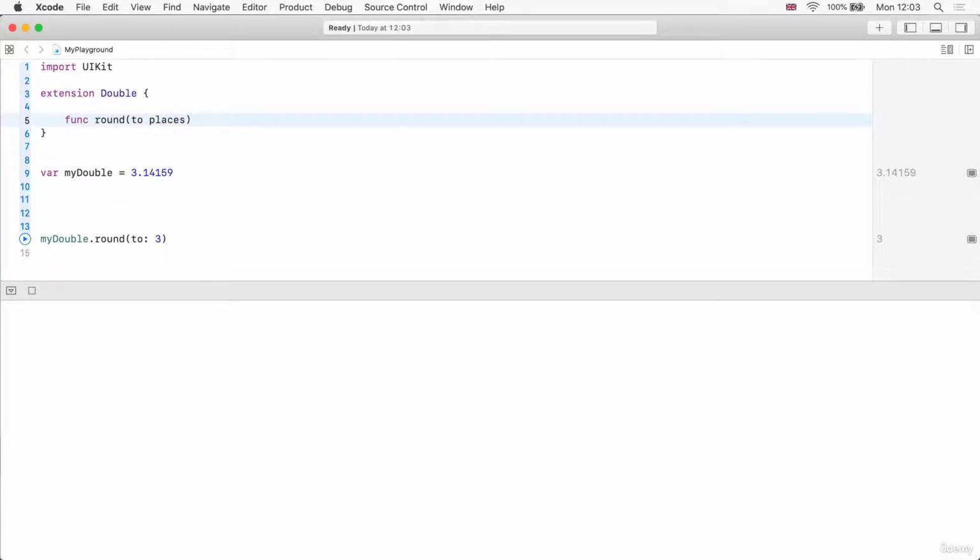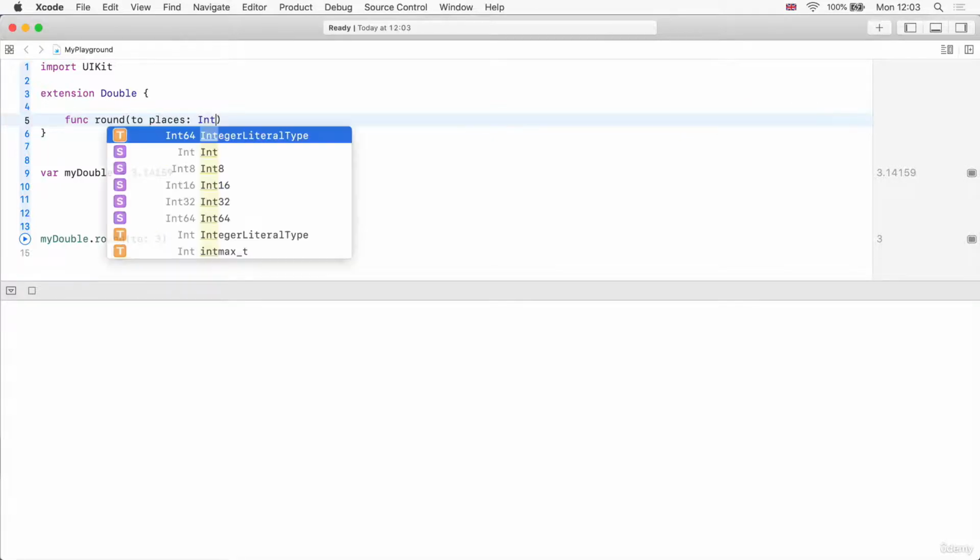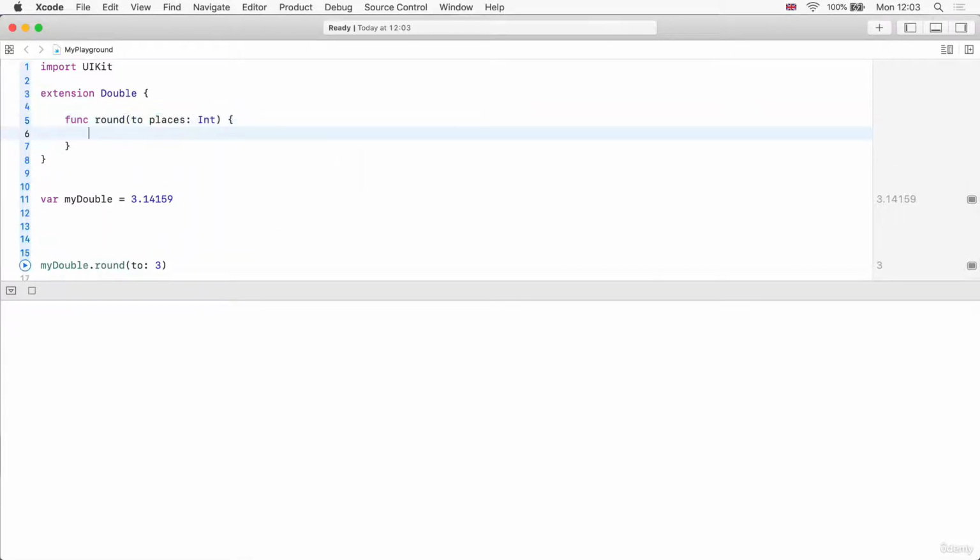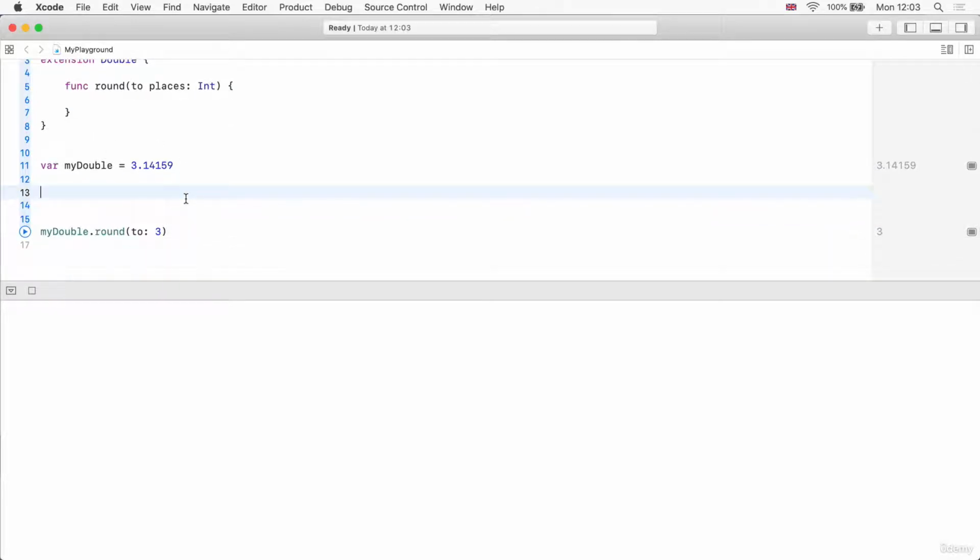So that means we round to however many number places, and this is going to be an integer data type. Now, within the body of my function, I have to figure out how to actually do this. Well, if we take a look at our double, if we want to be able to use the round method,